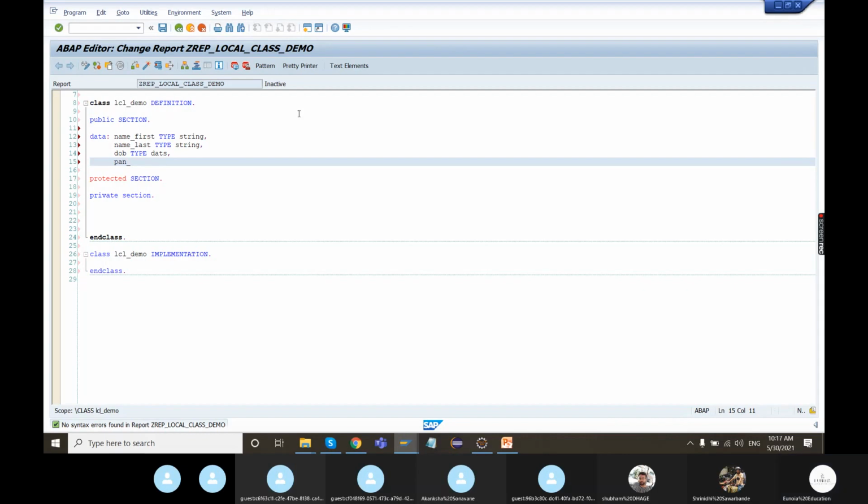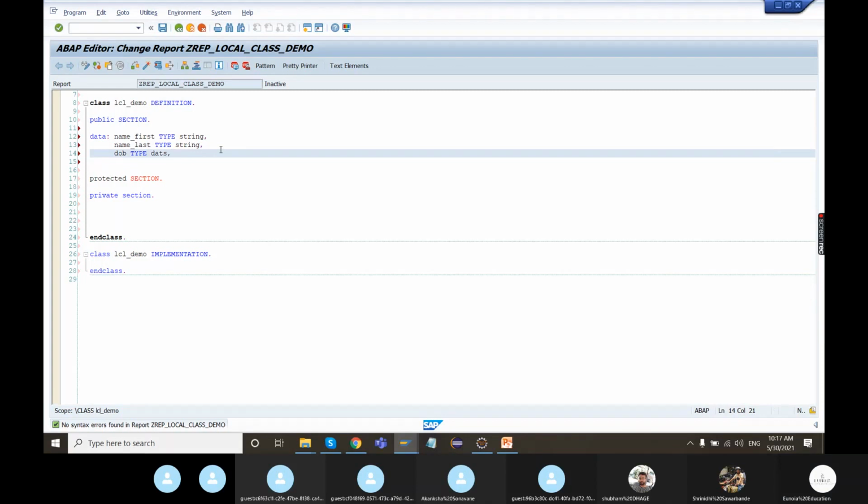So if you look at the details, first name and last name is fine in the public section. But date of birth and PAN seem to be sensitive details. These should not be easily revealed outside the class or outside that particular person.